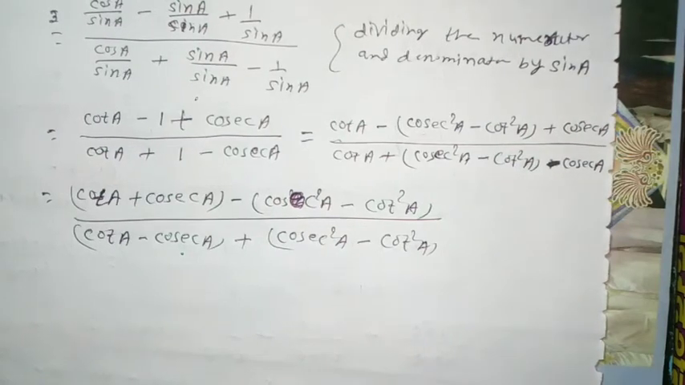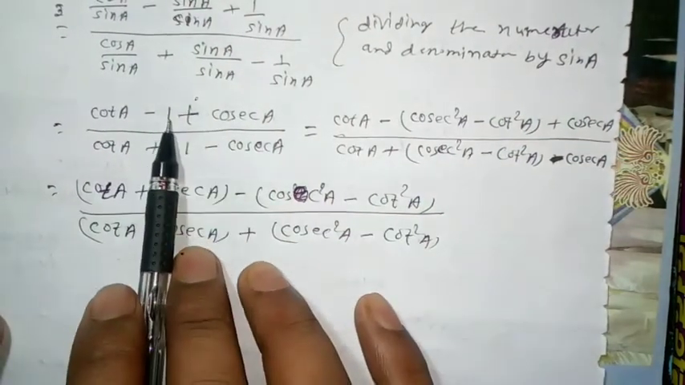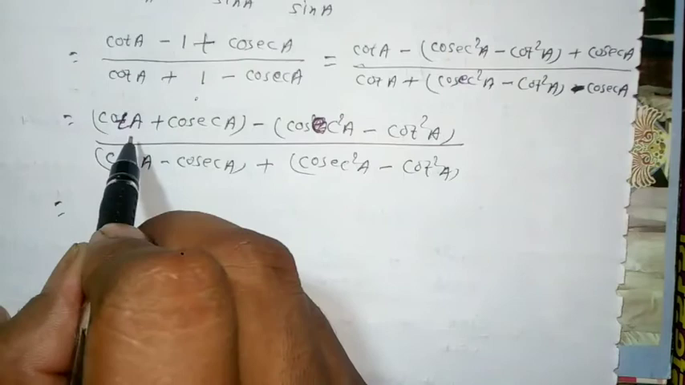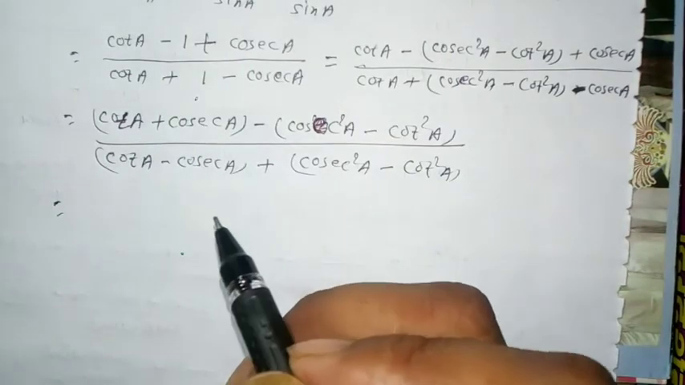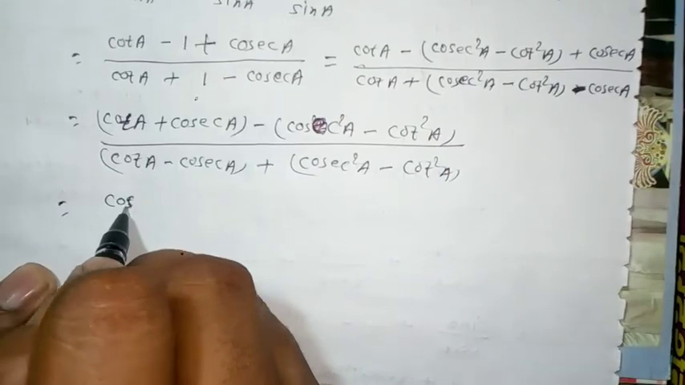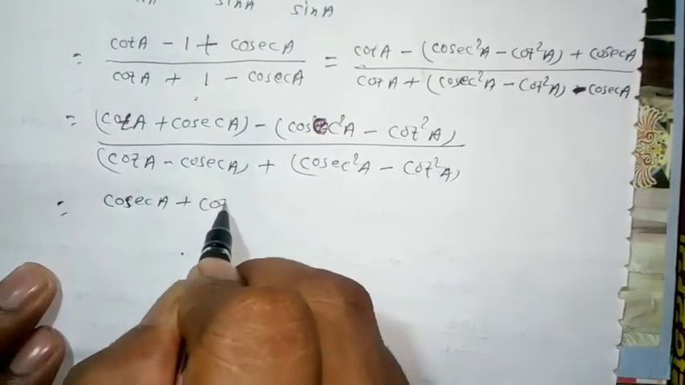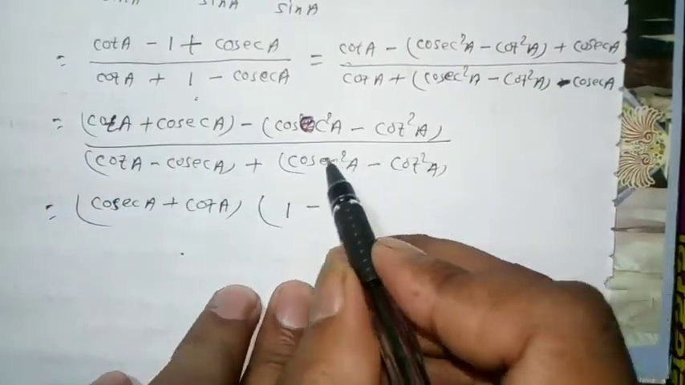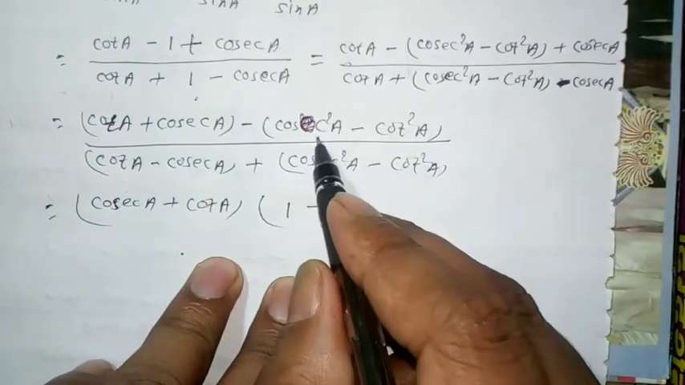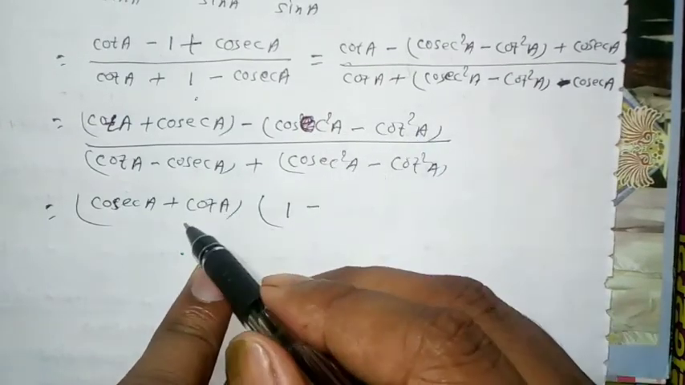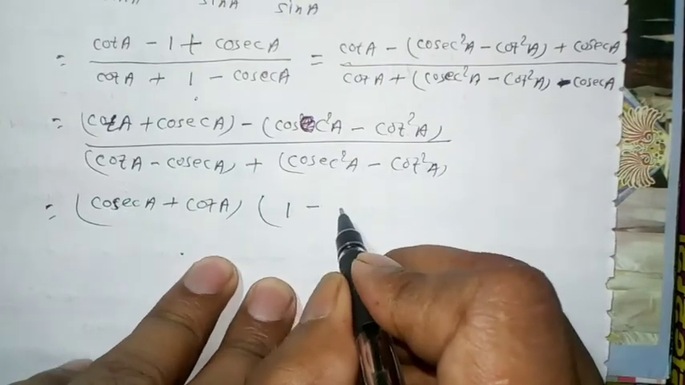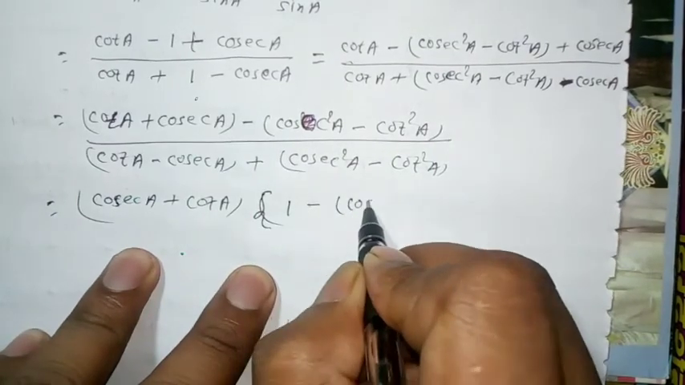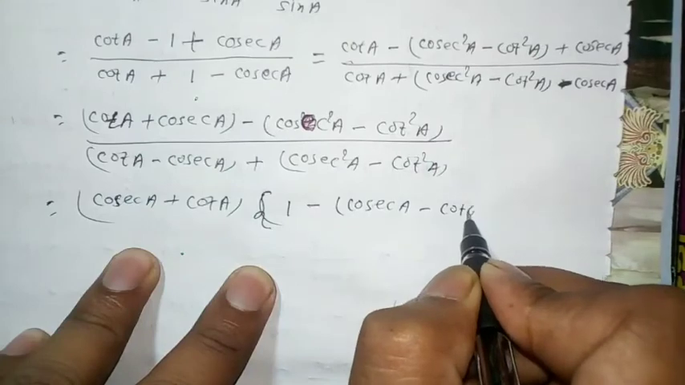No, we only change one for the denominator. Okay, now again we write the same things. We also take cosec a plus cot a common, then we get 1 minus. a square minus b square is equal to a plus b into a minus b. So plus is common, then we get only minus. So we write minus cosec a minus cot a